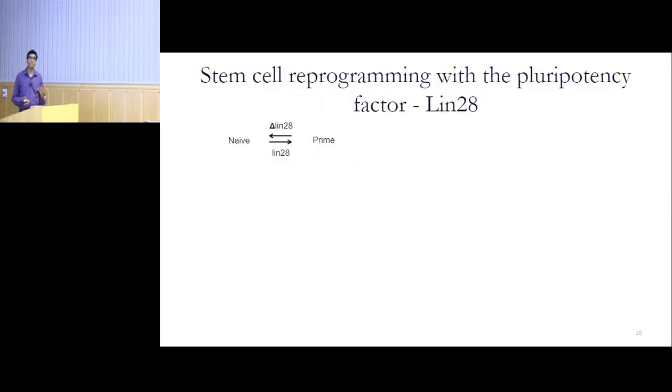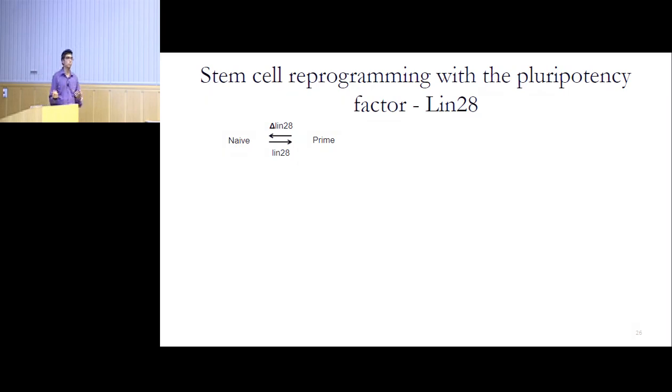So another application of this work is that since we're able to accurately characterize the metabolism of different cell states, we can ask the question, can we use this for engineering cells or reprogramming cells? For example, normally when you want to reprogram stem cells, let's say you want to convert cell type A to cell type B, you would look at some specific markers of cell type B, and then you would say, okay, I see these 5 markers, I think my reprogramming effort has worked because I see these 5 markers.